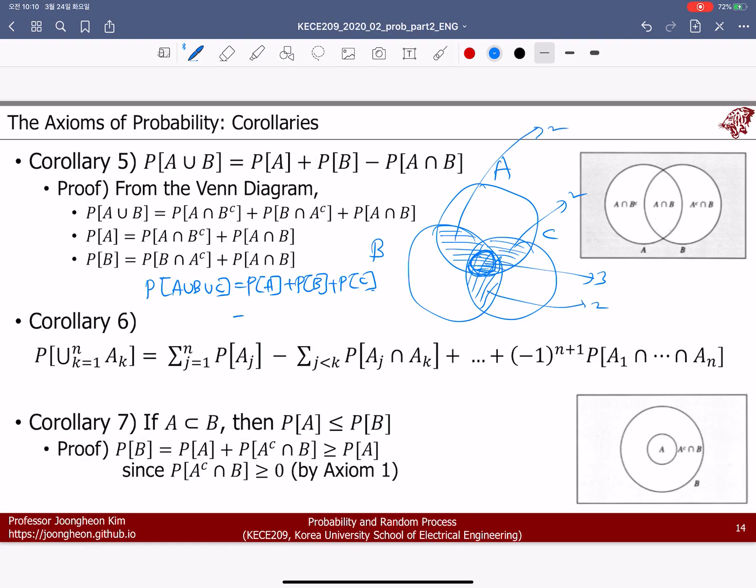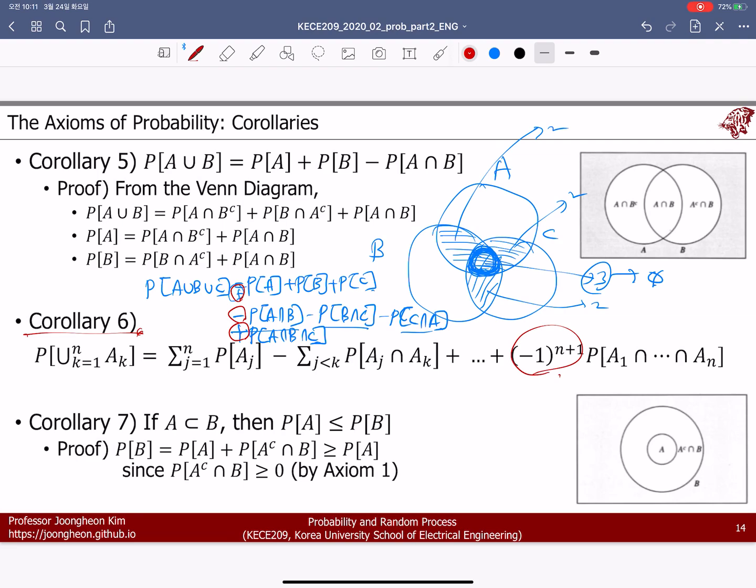Then you have to do the subtraction of P(A intersection B), P(B intersection C), and P(C intersection A). Then for the triple overlap, we have nothing left because we have subtracted it three times. That's why this becomes 0, and we have to add back A intersection B intersection C. That's why the sign becomes plus, minus, plus, when we are doing the generalization of this equation.